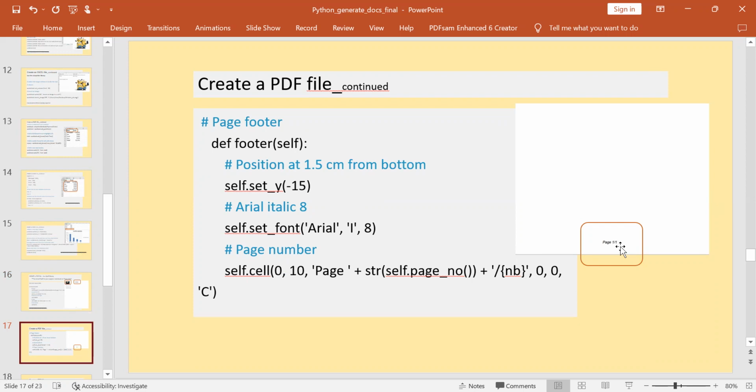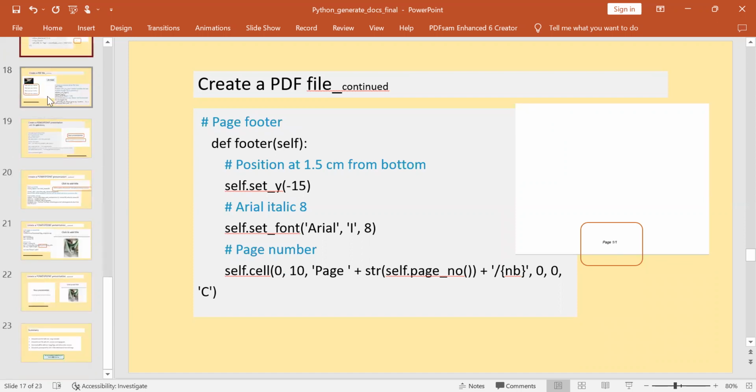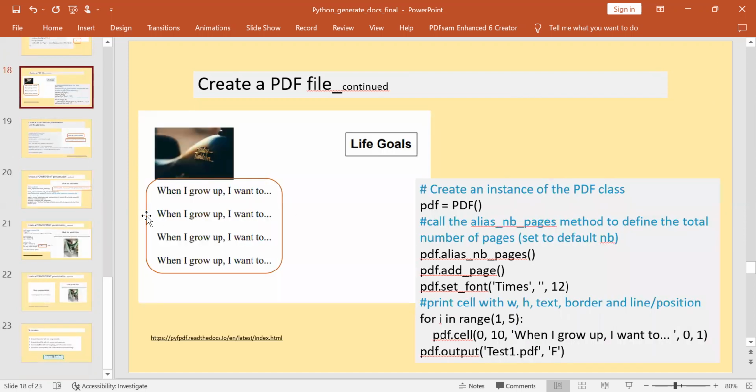In this case, it's also 1 because we've only created a 1-page file, but if we had 2 pages, this would show 1 out of 2. Next on our list is to create those sentences. You can see right here, we have, when I grow up, I want to, and then of course, once the PDF file is generated, you can add text on there,